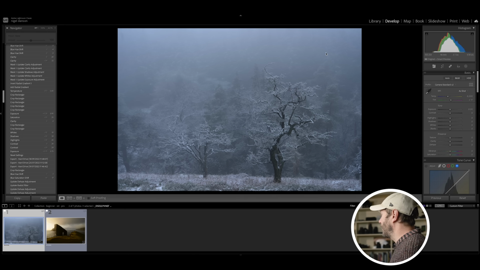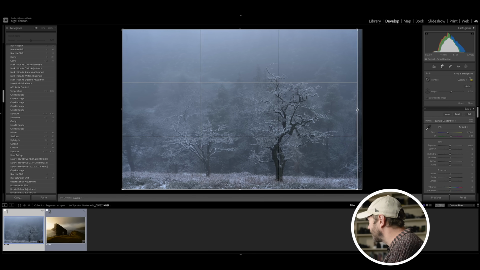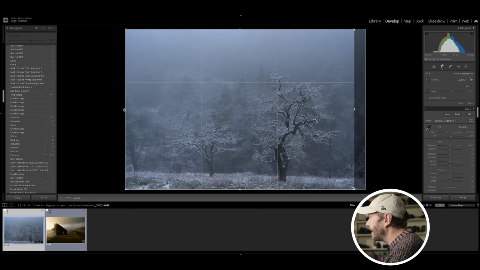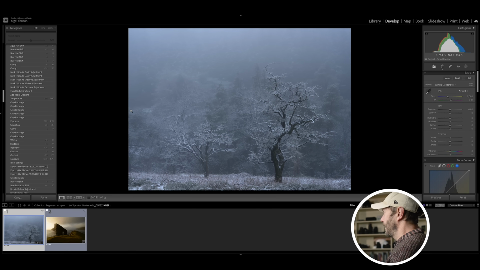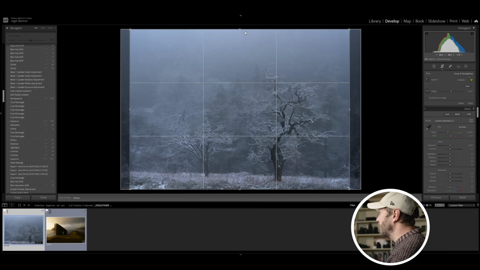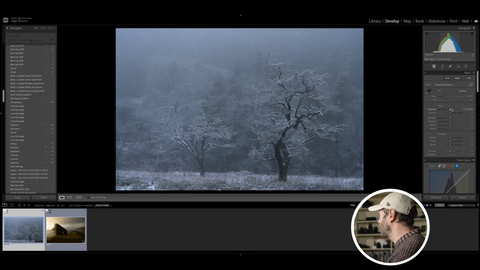So as a beginner, when you're into Lightroom, the first thing that you do is obviously you go and have a look at cropping it. So what we'll do here is we'll maybe get rid of that on the outside a little bit, and maybe we'll make the trees in the middle. And then maybe actually we might even crop the top a little bit. So we've got an image here now that we can